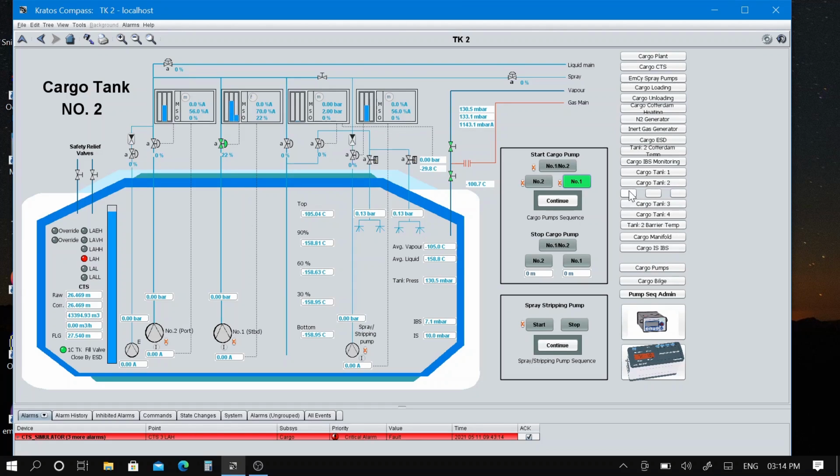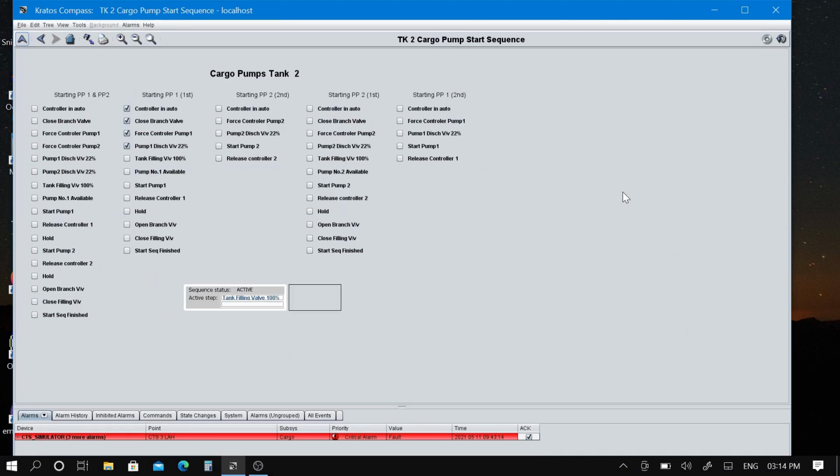You can check the progress of starting the cargo pump from this screen, where you can see which steps have been completed and which steps are going to happen.